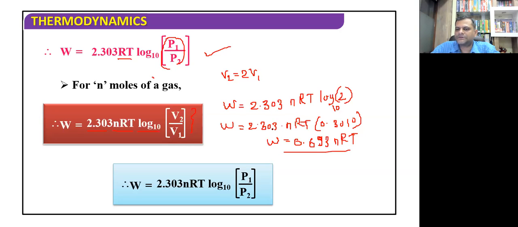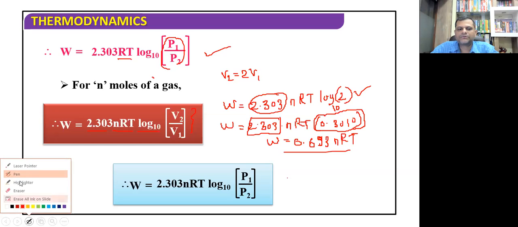एंड इसका रीजन भी वही है कि actually it is the product of this 2.303 and 0.3010, which is a log of 2 to the base 10 and 2.303, which is the conversion factor of log to the base e to the log to the base 10. Okay, ये बात अच्छी तरह से याद रखो. And also that see, दो तीन चीजें हमको यहाँ पे अच्छी तरह से याद रखनी है इस फॉर्मूला के बारे